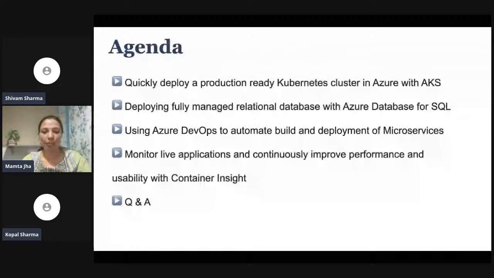We would be automating the build and deployment using Azure DevOps. And once our application is deployed in the AKS cluster, we will look into container insights and see how this new feature of Azure Monitor helps us in monitoring our application. So that would be the agenda for the day.